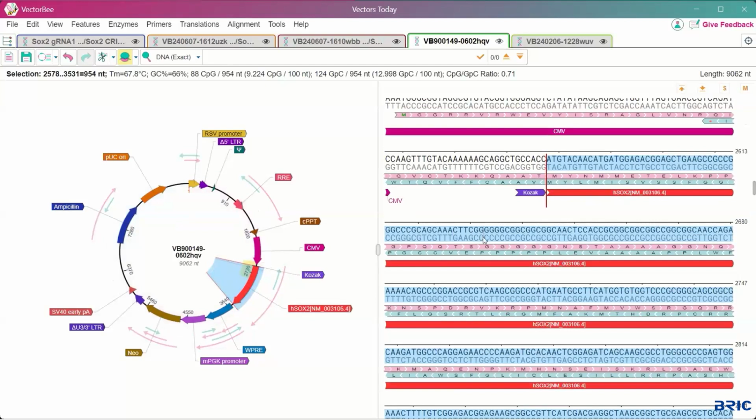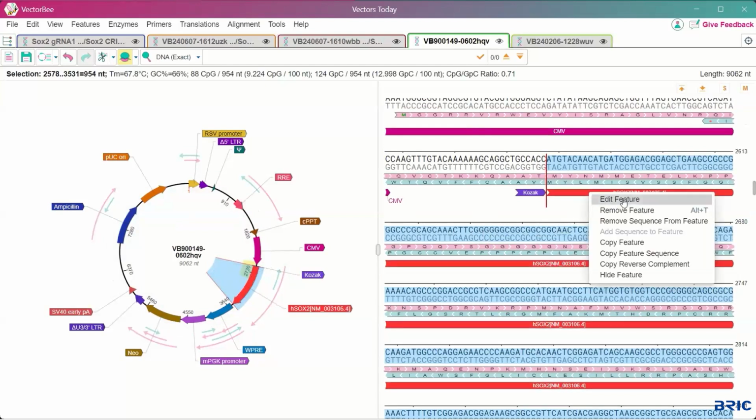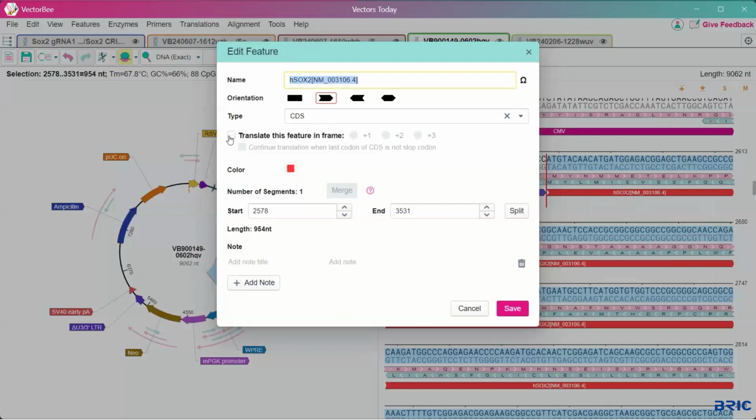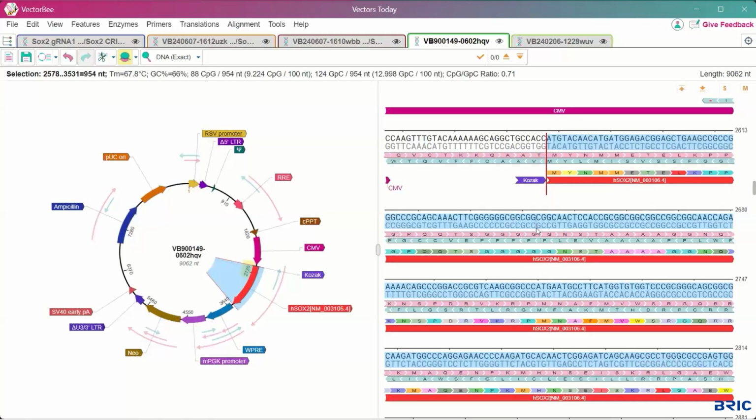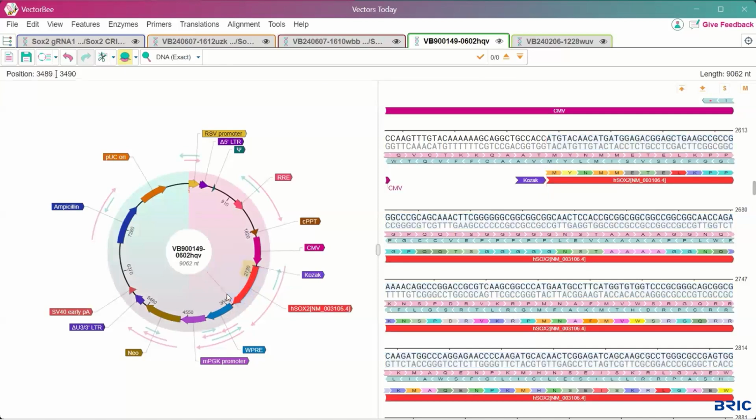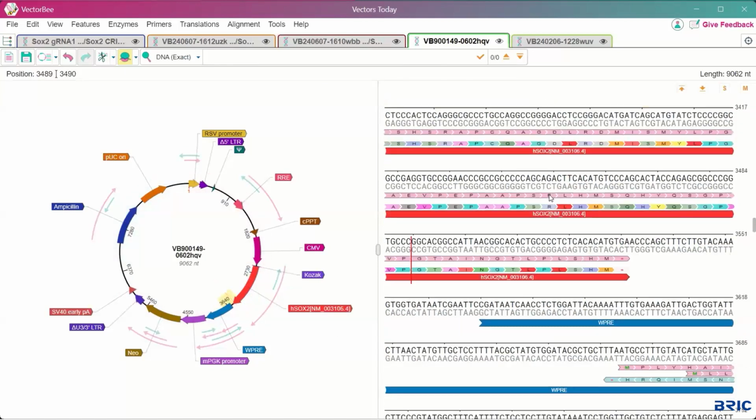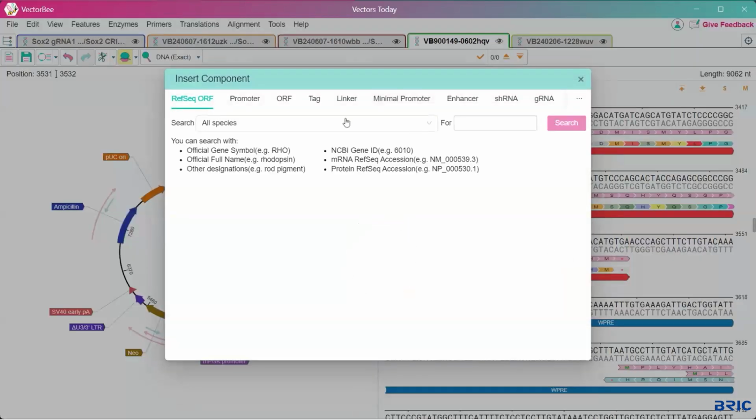But let's say I'm not done. Let's say I want to also add a tag onto this. First thing I'm going to do is go ahead and quickly make sure that this feature is being translated in frame. So I'll just do that quick little step to make sure. And then what I can do to add a tag onto the end of this sequence is just go to my vector map, click the relevant region, and then go to the end of my sequence, click where I want to add that tag. Again, just simply right click Insert Component,